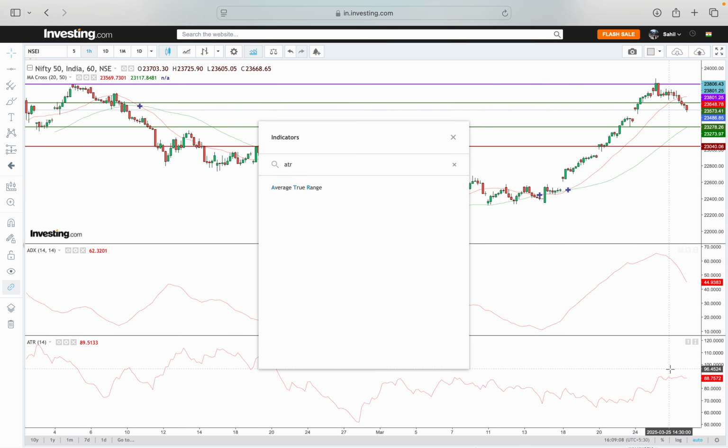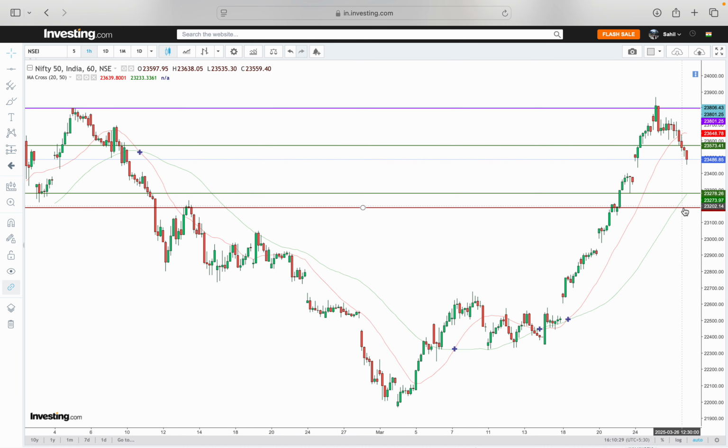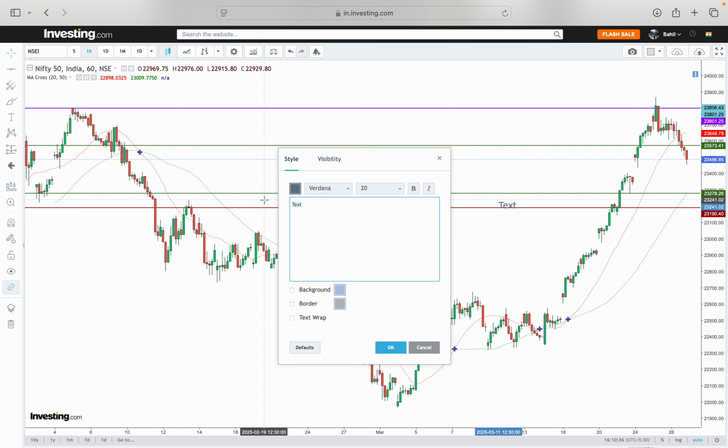The reason why we'll put the entry for the second order is because ADX is above 25, and we already know the SL at which we are going to exit. So because this is happening as a continuation from yesterday's trade,